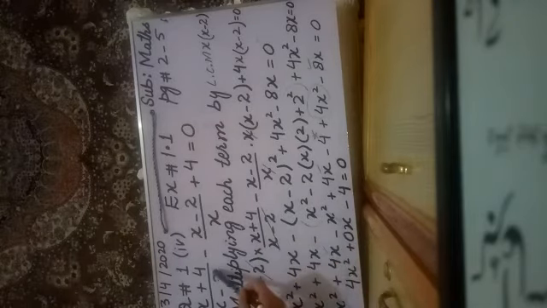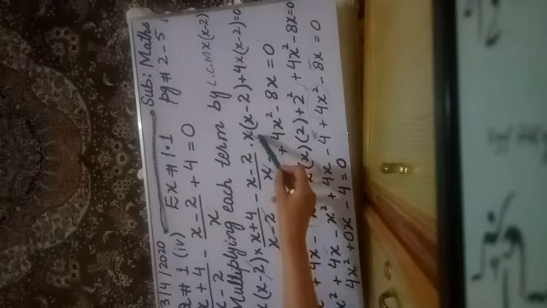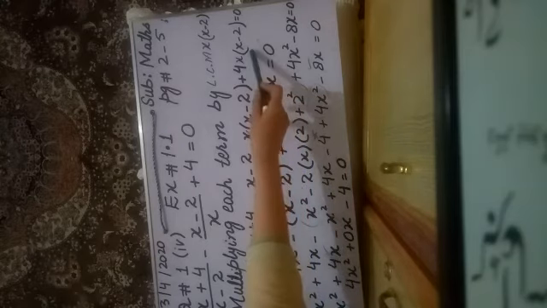I have to multiply it with the first term. Then the second term is written, and again it is multiplied with the LCM. Then the third term is written, and again it is multiplied with the LCM. And here we have 0. If you multiply 0 with the LCM, again we will get 0. So here we can see that the denominator is eliminated, and we now have a mathematical equation without a denominator.